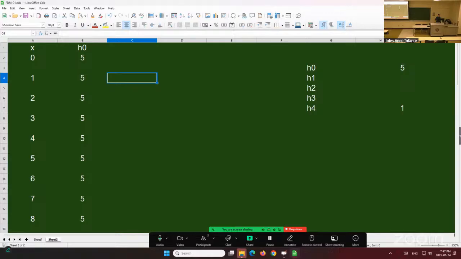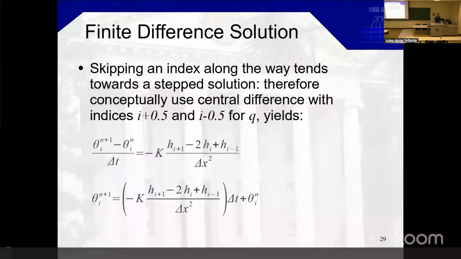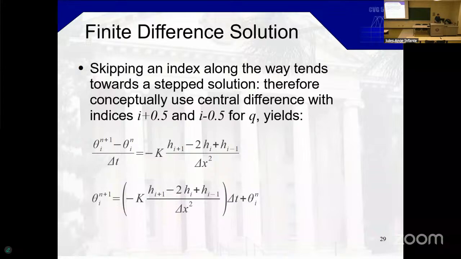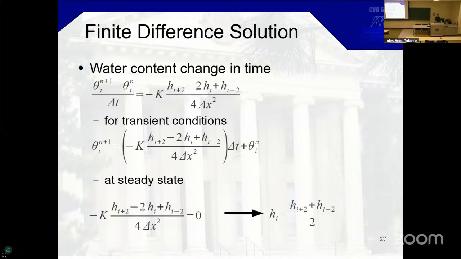We said that the point was equal to, basically at any node, we're looking at the average, not of the neighbors. This says to keep the central difference. This doesn't look at the neighbors for some reason. It looks